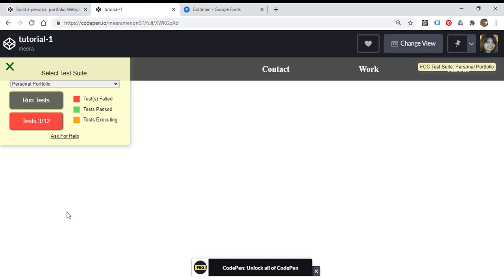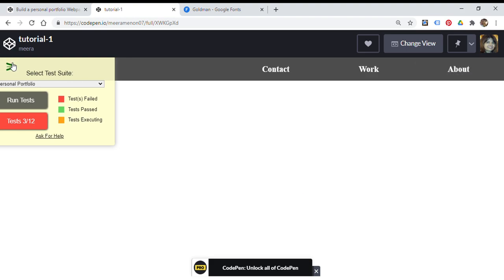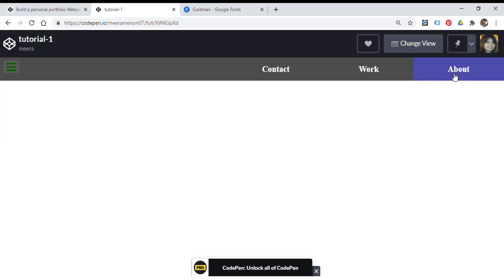There are so many more sections. You have a work section, you have a footer, you have a welcome section. Once you do all that, you'll be passing all the tests. So currently you've just done this. So this is done, and we can go back here. Okay, so it's done for the first part.